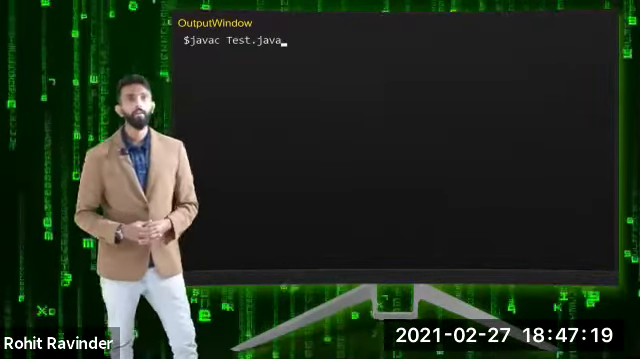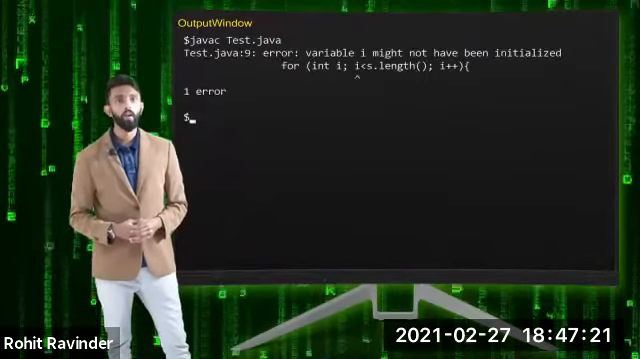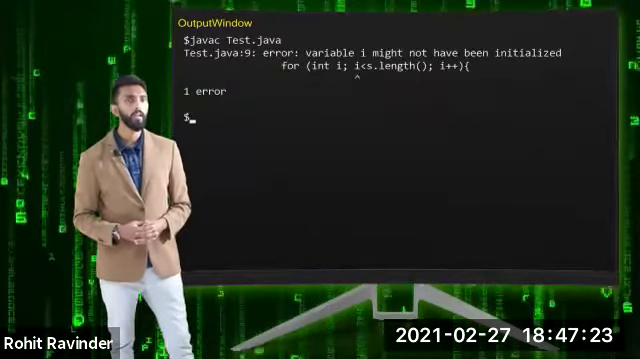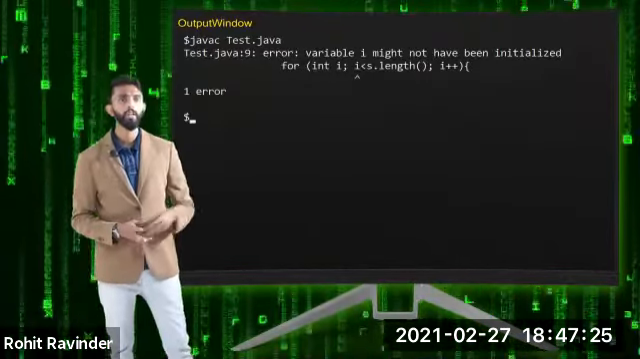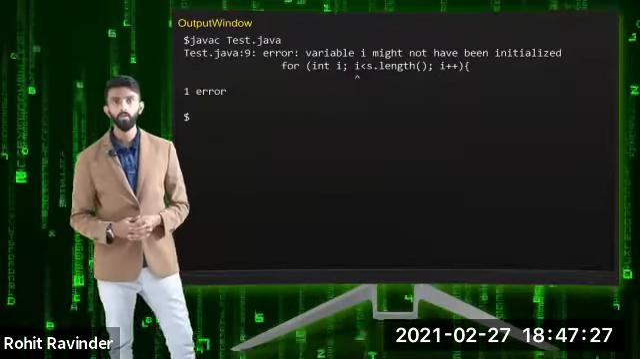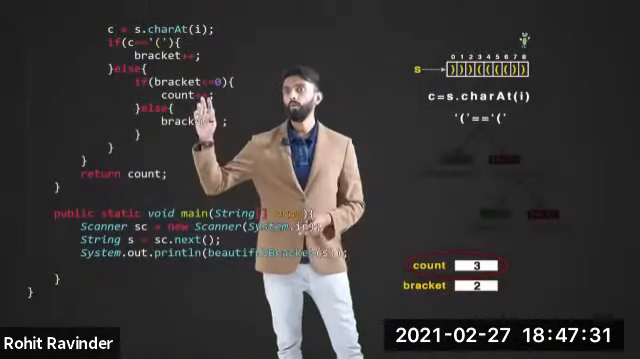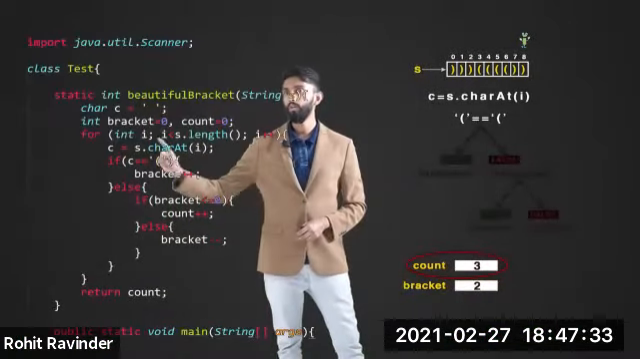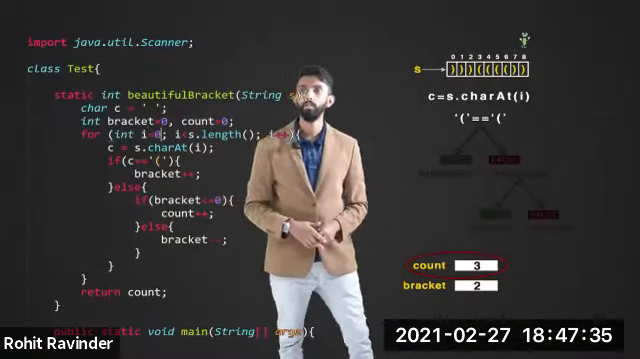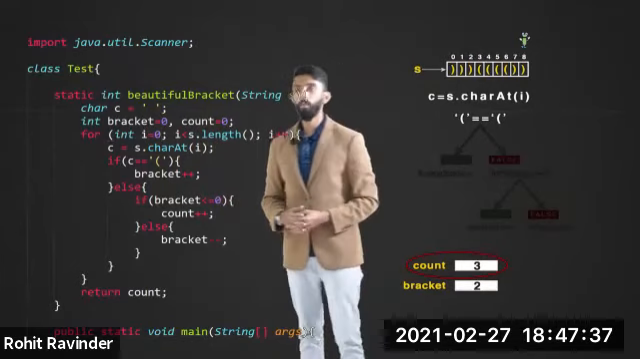I'll put in the relevant command. And it is telling me I is not initialized. Yeah, please make it 0, int i equal to 0. So we forgot to initialize the loop. So int i equal to 0, I will make it as, yeah. Now I'll go back